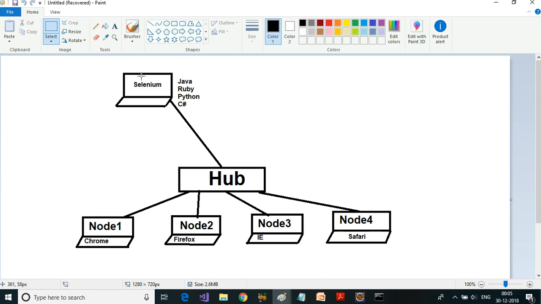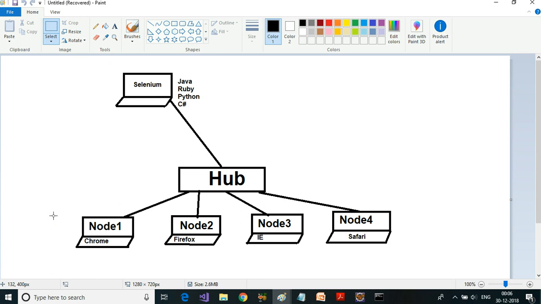Okay, so whenever there is a client program, which can be written using Selenium Java or Ruby or Python or C#, which requests for a test to be run, it will request it to the hub first. Since the hub is registered with multiple nodes with different browser capabilities and different platforms, the hub will know based on the platform or the browser requested by this particular test case, and it will route that test case to the matching node.